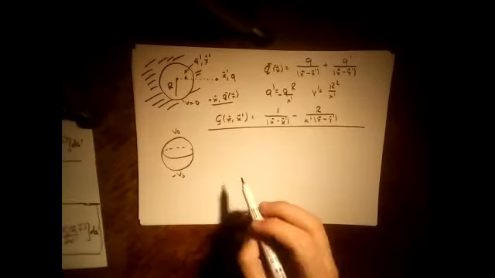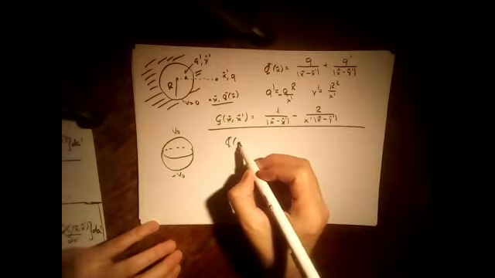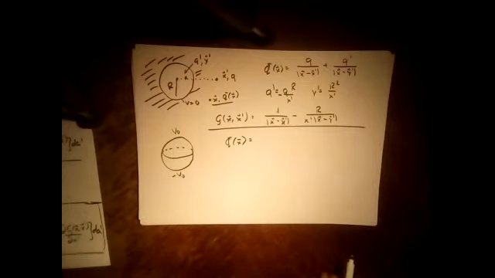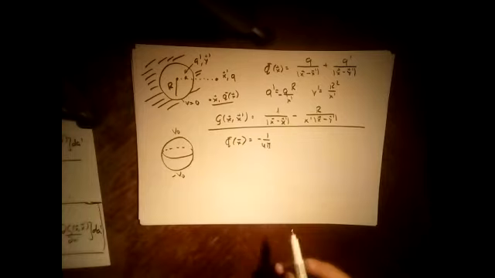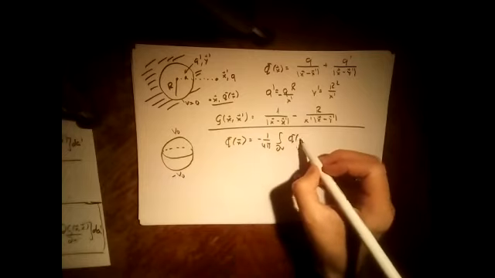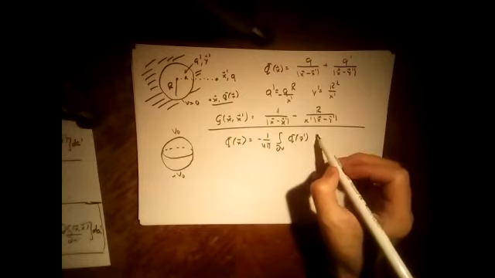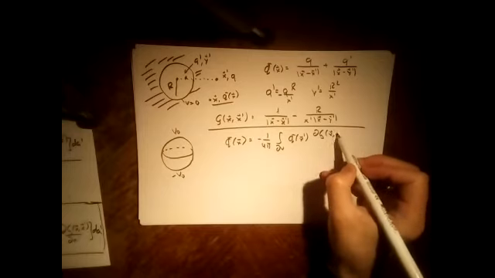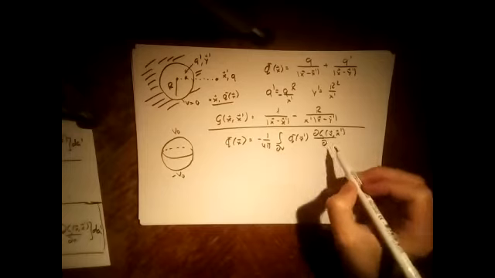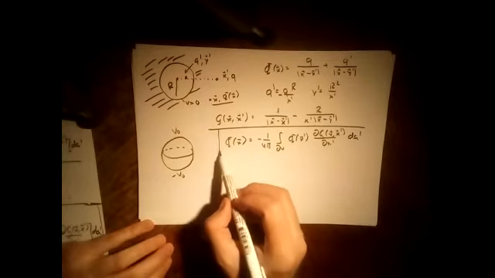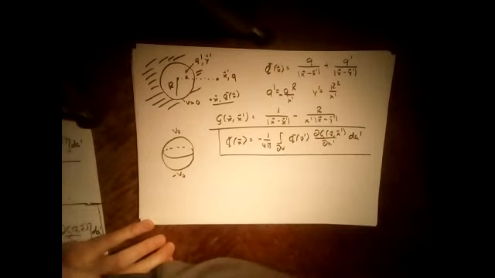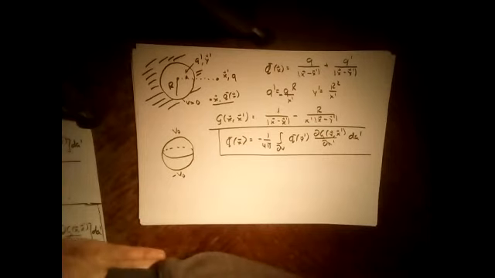So actually, in this particular case, we can write that the potential is equal to minus 1 over 4 pi integral over the boundary of the region phi of x prime, partial g of x, x prime, partial n prime, dA prime. So that's actually basically the key to the solution of this problem. And